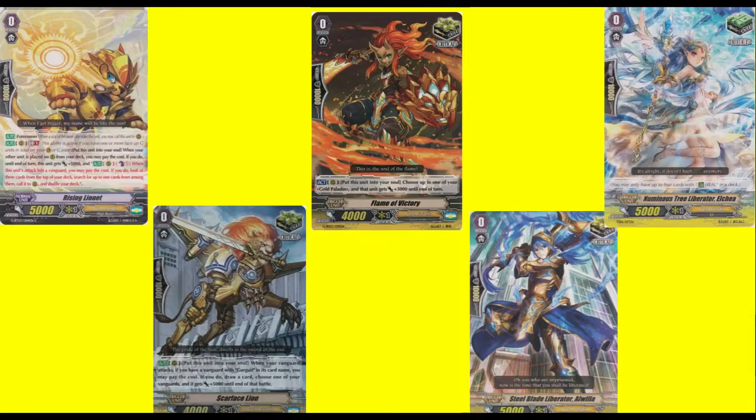It's fun. So for our starting Vanguard, we're running Rising Leonet. He's the original Generation Break Gold Paladin starter. His skill is Gen Break 1, put it into your soul. When your other unit is placed in rear circle from your deck, you can pay the cost. If you do, that unit gets 5k power and then gets a skill. The skill being on hit, counterblast 1, check top 3, call a card to a rear guard circle, and